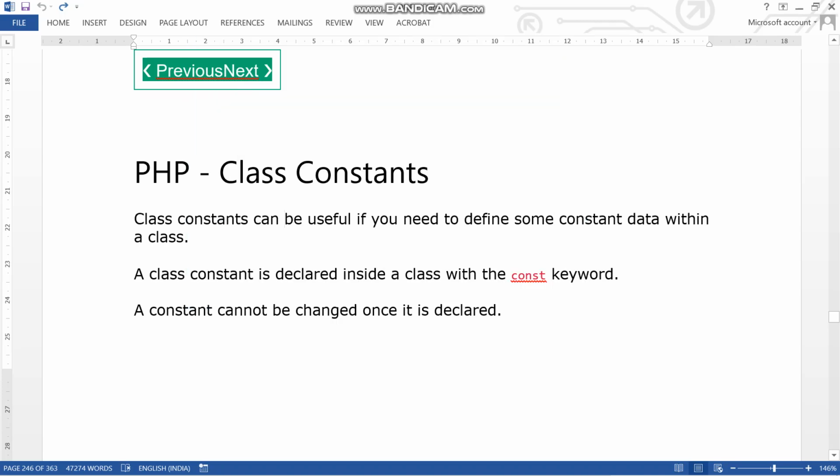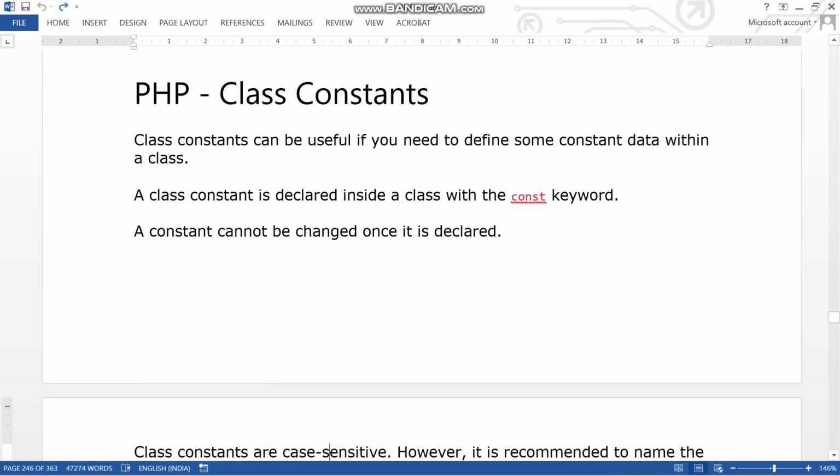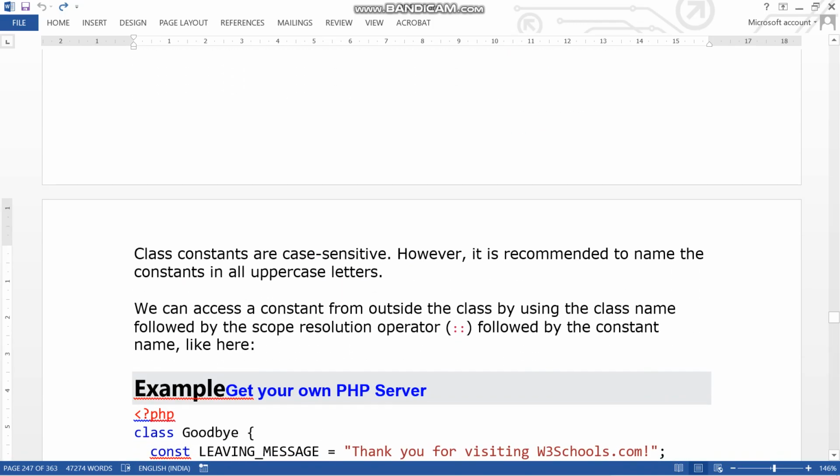A class constant can be useful if you need to define some constant data within the class. A class constant is declared inside a class with the const keyword. A constant can't be changed once it is declared. You can't change the value. Class constants are case sensitive, however it is recommended to name the constant in uppercase letters. We can access the constant outside the class with